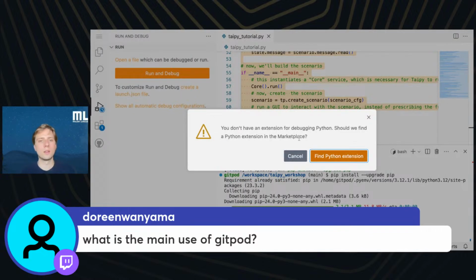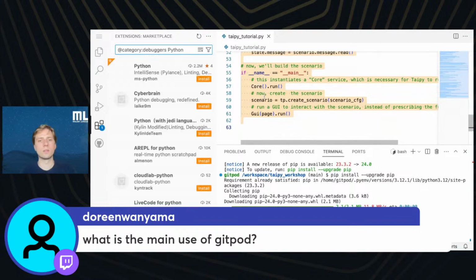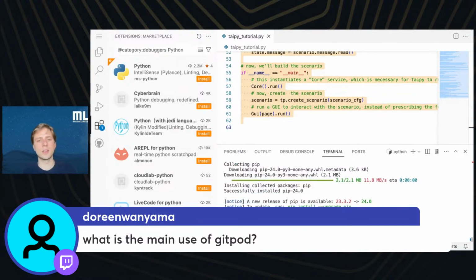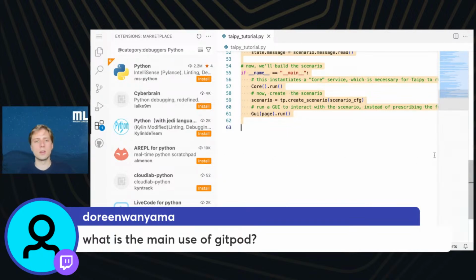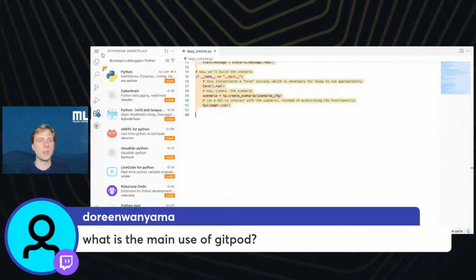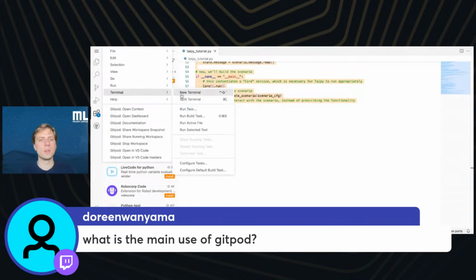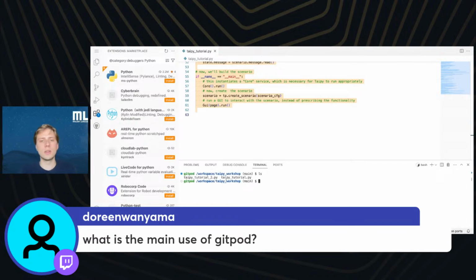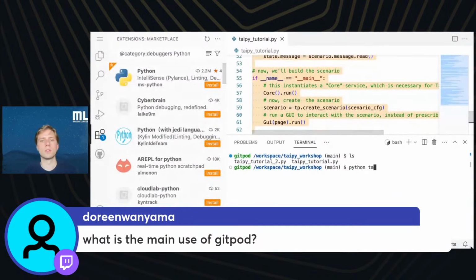So if I type Python in here, it tells me that I have Python. All right, that's good. So all I need to do now is type Python and then Taipy tutorial 2. Or let's try Taipy tutorial, which is from yesterday.